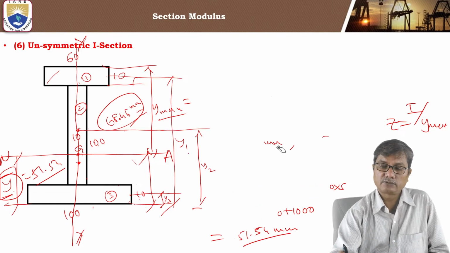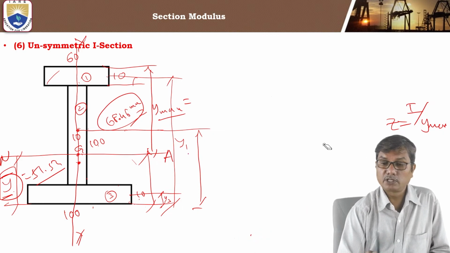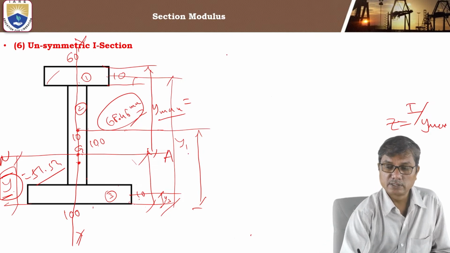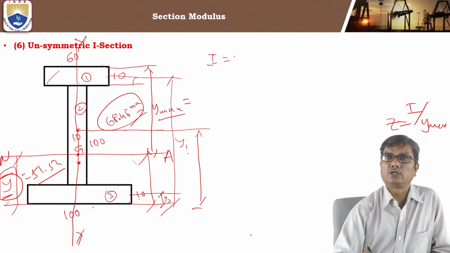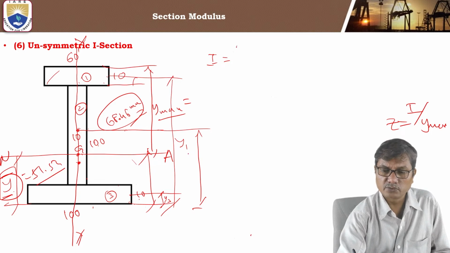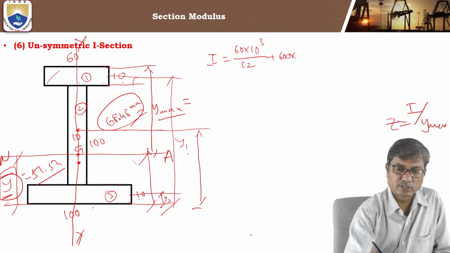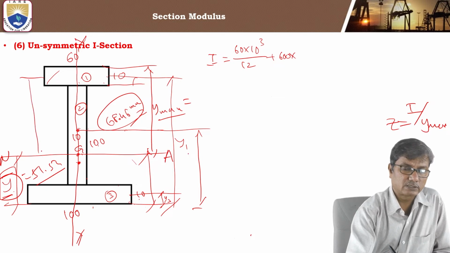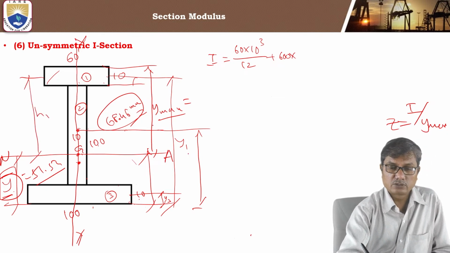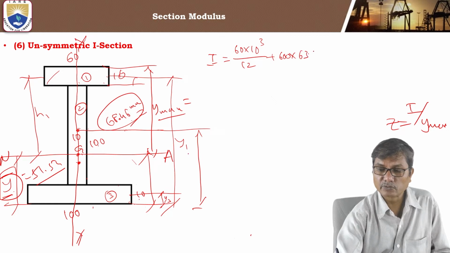After locating this centroid, 51.54 is the centroidal distance. So the moment of inertia of the section now is, for the top flange, BD cube by 12 about its centroidal axis, plus area and h square. What is h square? It is this distance h1. So 68.46 minus 5, that is 63.46 square,